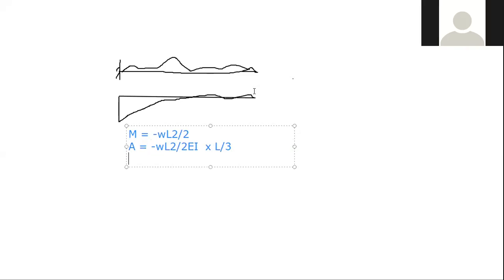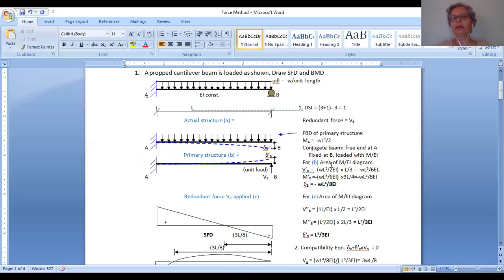Okay. So after that, what do we have to do to find out deflection at B? Multiply by centroidal distance. So what is the centroidal distance? X is equal to 3 by 4 L, from the free end. But as far as the conjugate beam is concerned, which is that end? Left. It's a fixed end, correct. So for the area of the M over EI diagram, minus WL squared by 2 EI into L by 3, whatever we did here.